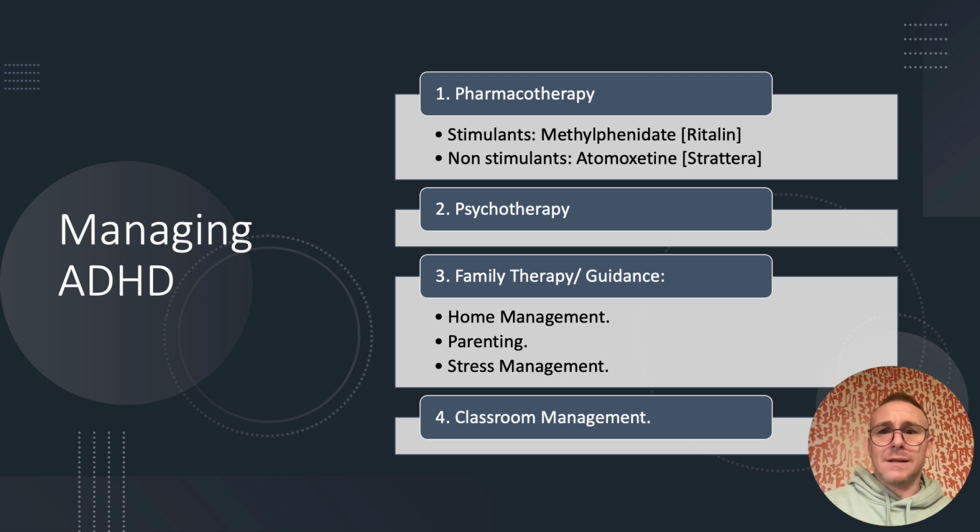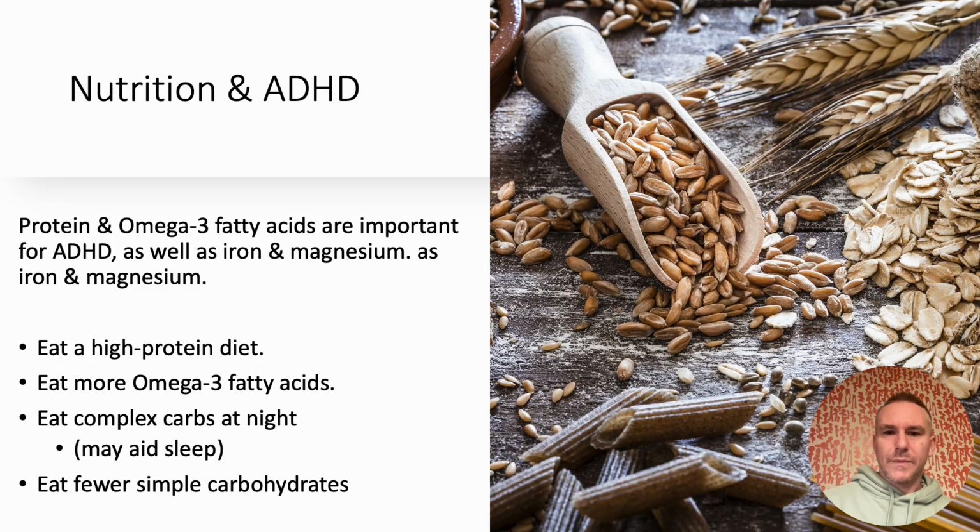There's two other things that I want to just talk about before we finish this mini presentation. One is nutrition and ADHD, and the other is access to the outside. So nutrition and ADHD. Protein and omega-3 fatty acids are important for ADHD, as well as iron and magnesium. So it's important that those with ADHD eat a high protein diet, eat more omega-3 fatty acids, eat complex carbs